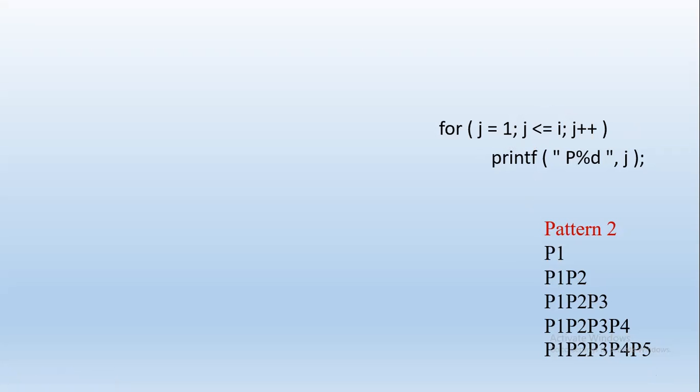Okay. So what are we printing? P, J, right? We are printing column numbers. Now this column 1 value will get printed. Okay, J starts from 1. Assume I is 1 itself, right? So 1 less than equal to 1. Okay, so the first value will print. Second value, now J becomes 2. 2 less than equal to 1, condition is false. Now when we come back here, it has to print 1 and 2.